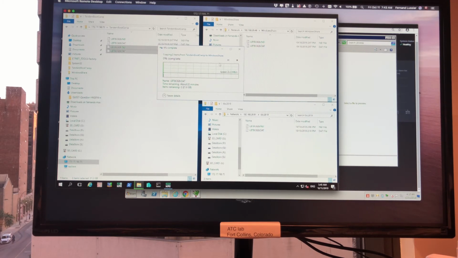We are running at 21 meg per second, which is basically the speed of the VPN. We start the second one using the middleware RapidSync,